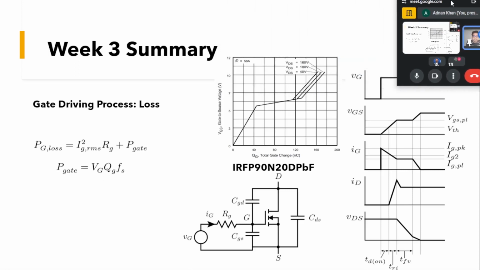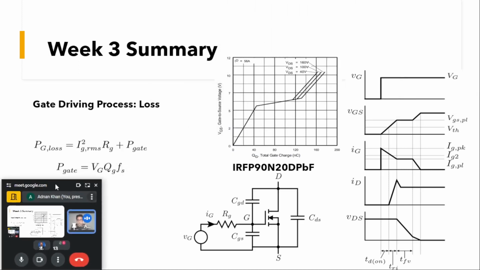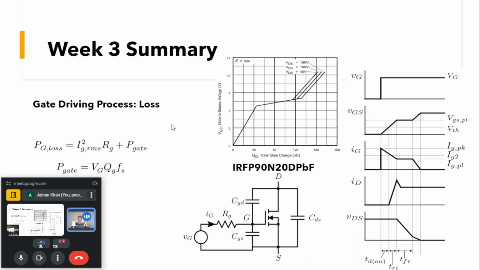The other thing here, about the gate driving process, is the loss. What is the loss associated with the turning on and turning off of this device? We know that some RG current will flow, and we have RG in the circuitry, so the loss will be Ig RMS squared times RG, and there will also be some loss as such, that will be P gate loss, that is due to the charge